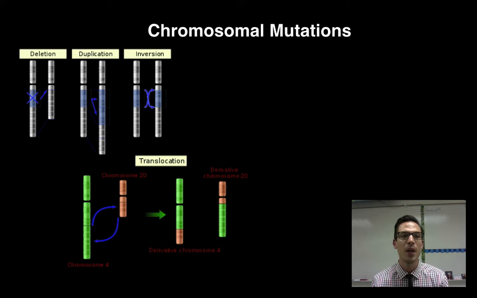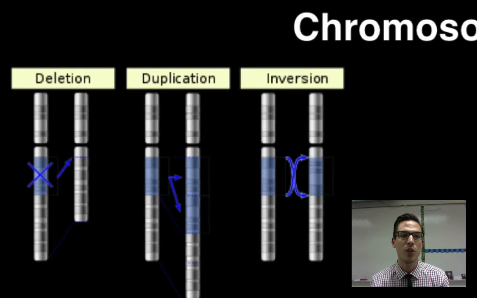So with a deletion chromosomal mutation, that's going to be when I accidentally leave off part of the chromosome. So maybe during replication, a whole chunk was wiped out. Now I'm going to be missing all those genes, and therefore I can't make all those proteins. That's going to have a huge negative consequence. During duplication, it's exactly what it sounds like. We're going to accidentally take a chunk of DNA and copy it twice. So now we're going to be doubling up on all of these genes that are on that part of the